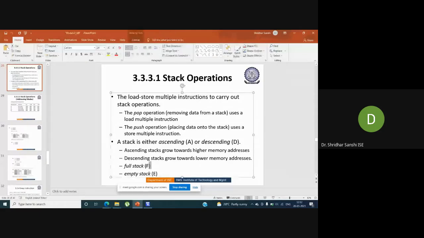If you are using a full stack, it will be pointing to the last memory address location where you have actually pushed the data, and with an empty stack, it will be pointing to the next empty location. That's what we mean by full stack and empty stack. Any doubt till here, about push, pop, ascending or descending memory, or full stack or empty stack?